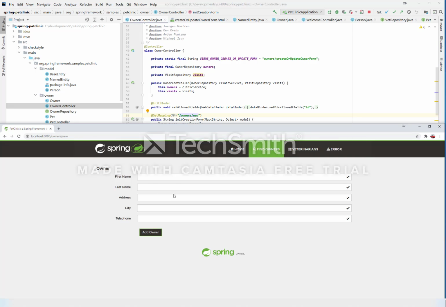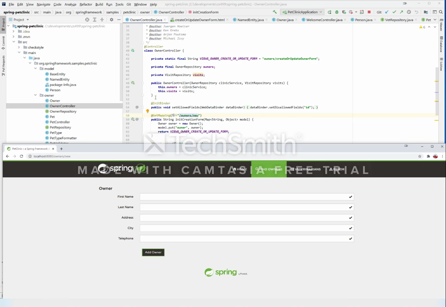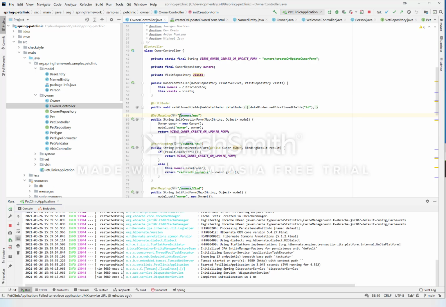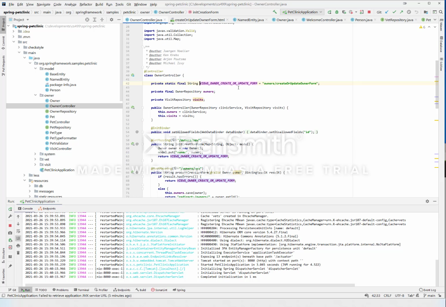As you can see, it's going to display me this form. So the way it works is I type this owner slash new, and it's going to come here. It's going to create a new owner object. It's going to put that owner object into a model, and it's returning a view, which is this owner slash